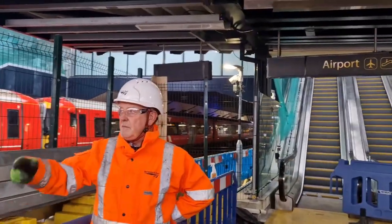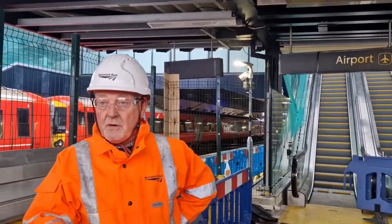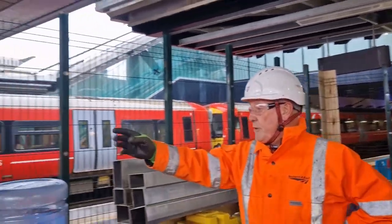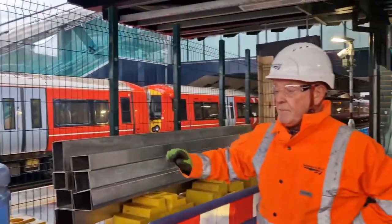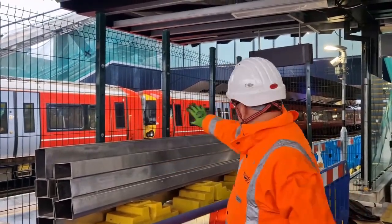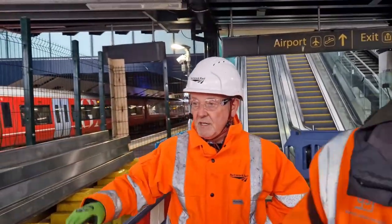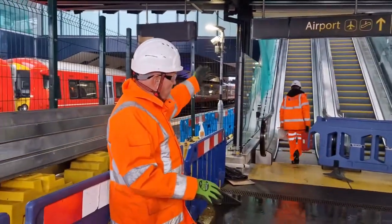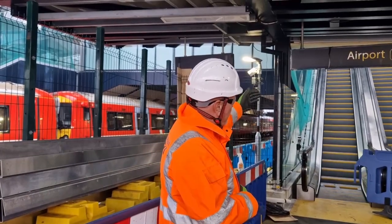Just to explain the situation here, we're standing on platform 7, south country end of the station. Temporary hoarding in place here across round to the bottom of the escalators. Come the night of the 20th into the 21st, all of this will be removed. We'll have some security guards here, but basically this will be ready to open, and obviously leading you into the escalators before we open, but all of this will be open and ready to